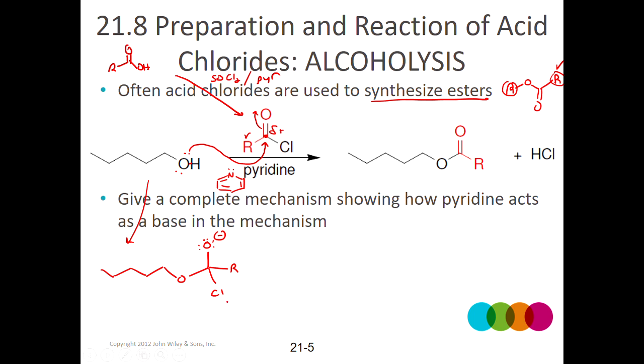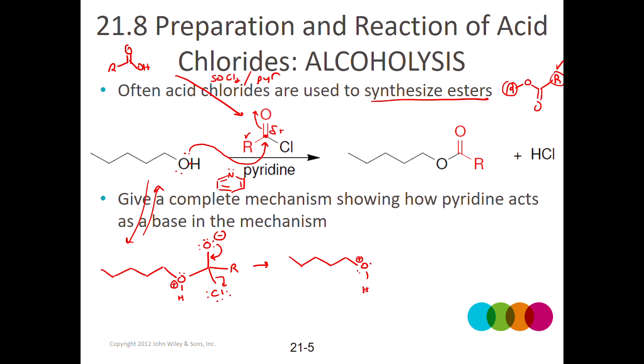We still have a proton here, so this oxygen is positive, right? Two formal charges there. So then the oxygen's electrons could swing back down. It could push this oxygen back out and go back, or it could push out the chloride, since that's also an excellent leaving group. So if the chloride leaves,